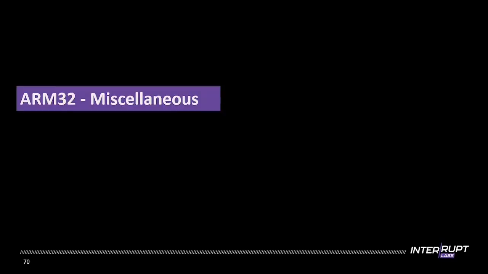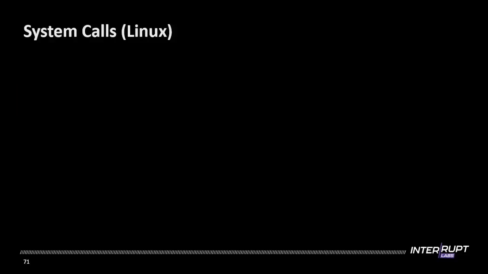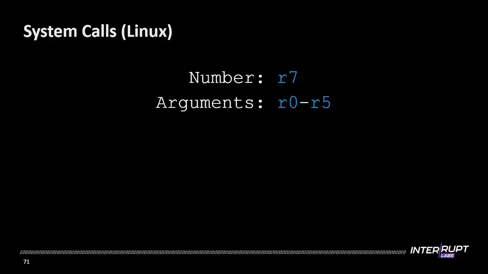For the last section, we'll look at miscellaneous things. For system calls, again, we'll only look at Linux. The syscall number goes in R7. Bear in mind that these numbers are different between ARM32 and ARM64, so you'll have to consult the relevant table. Arguments go in R0 to R5. The same SVC instruction is used to execute the system call, and the return value